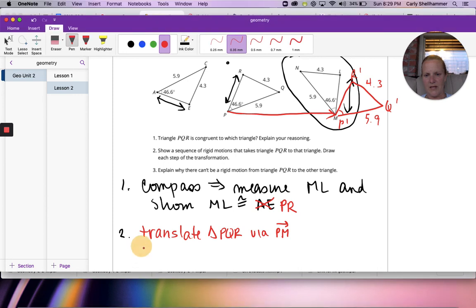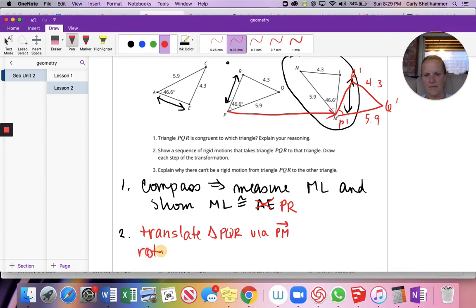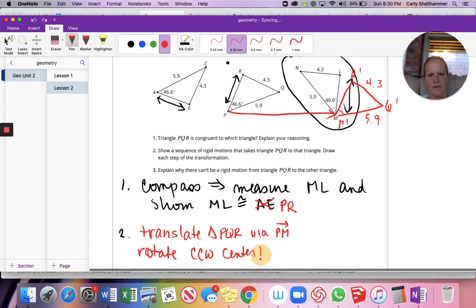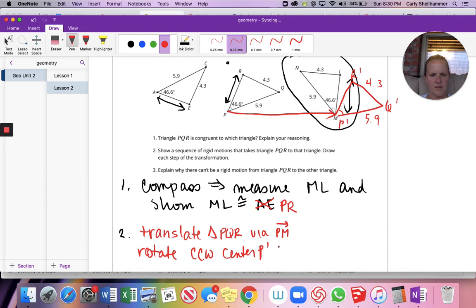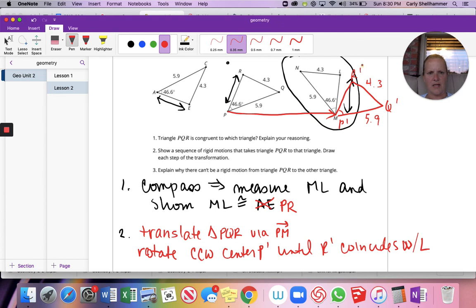Now I'd like to rotate counterclockwise on center. I don't know why I did B. P prime until R prime coincides with... it doesn't like it when I come off the page, does it? With L, okay? So I'm rotating it this way,